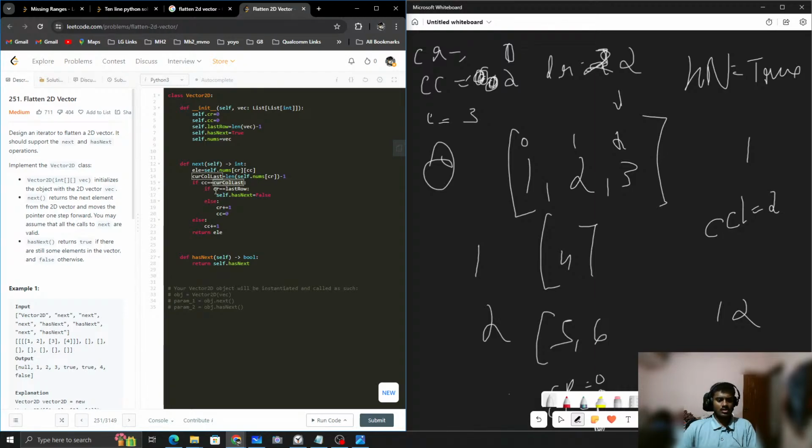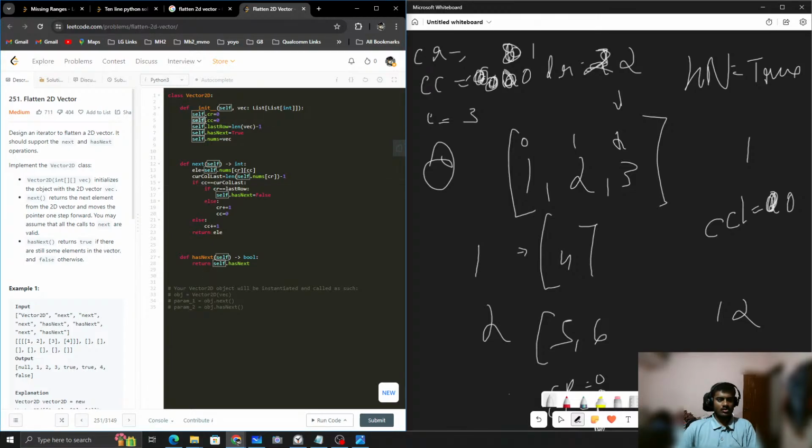Yes, then row you increase by 1, column you make it 0. Okay, it will come here, and then you need to return element. Okay, when you call next here, current column last will be equal to 1 minus 0, so current column is equal to current column last, current row is not equal to